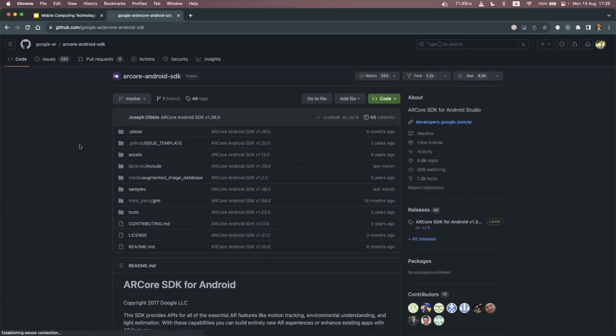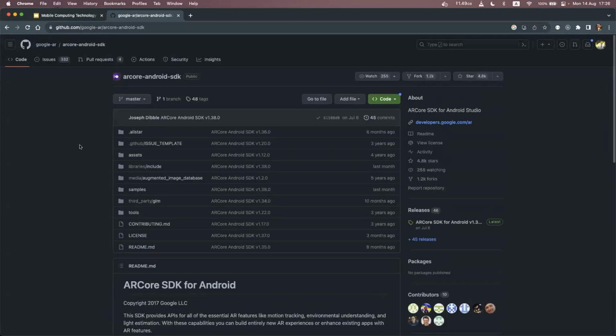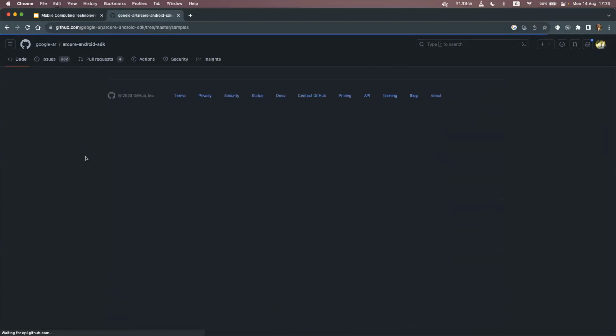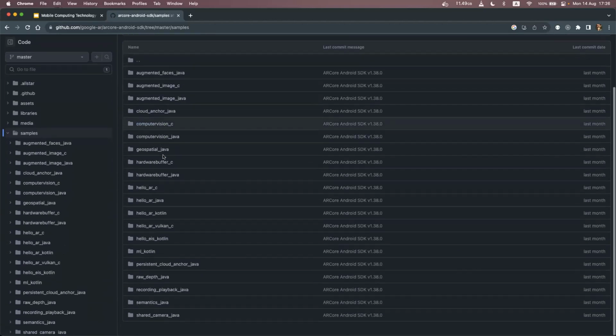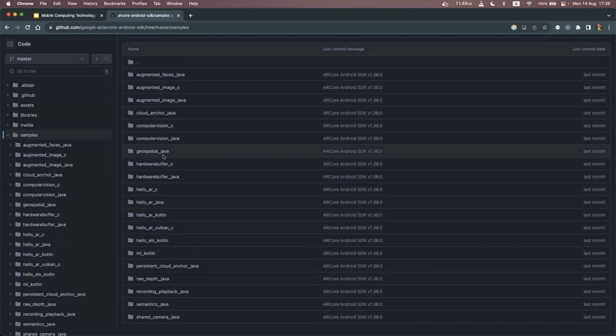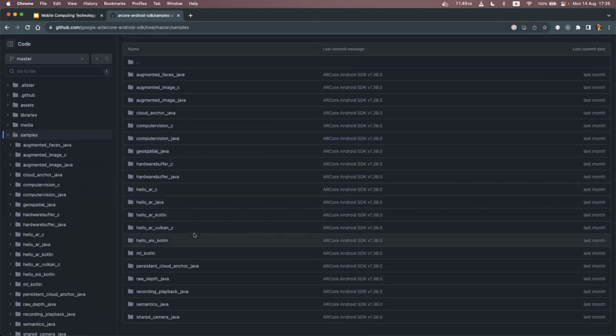So this is the Git repo that we are working with. If you want to start with ARCore, it's better that we take a sample application and look at how it is structured. It's not going to be easy to build something from the ground up, but we will see the key important things that we need to work with the application. Right now I have cloned this application out, and